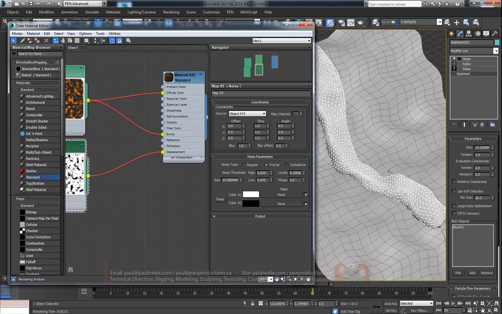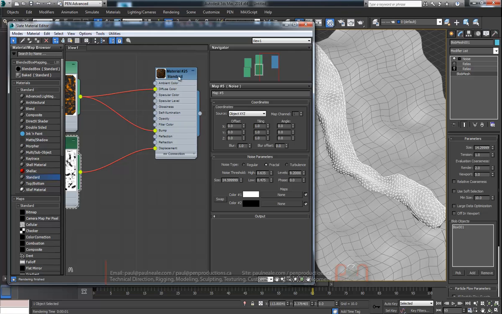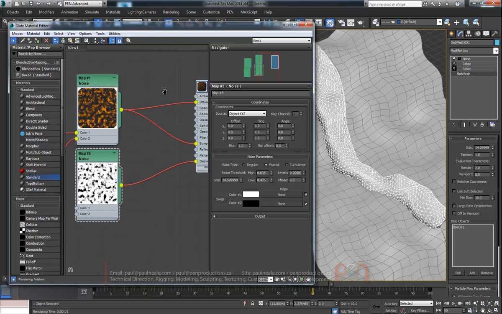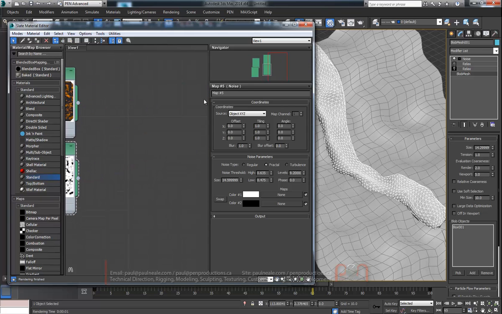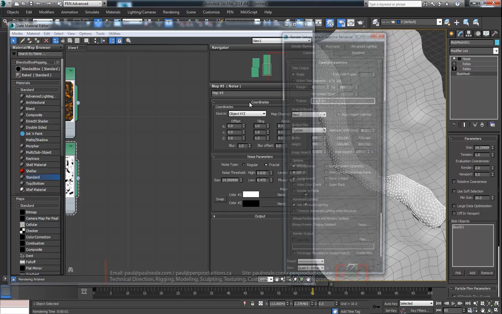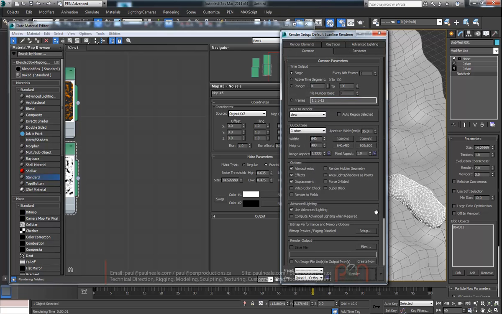And this is going to be the problem. We're going to have to keep pushing the render settings down to be able to get enough vertices to get the displace to work. What it really boils down to is that the standard material isn't going to work well for us. That's what I just wanted to show, that as we get into displacements, mental ray really needs to be used at this point. So let's go into our render,